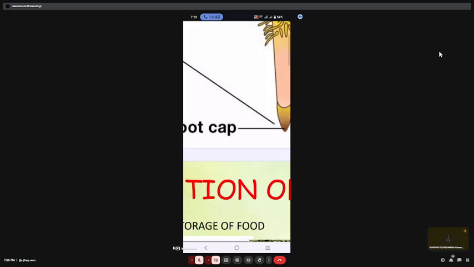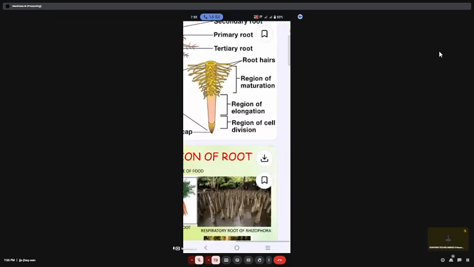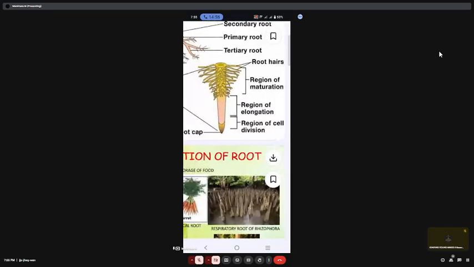The root cap is also known as calyptra. Make a note of it. For the root cap, the other name is calyptra. So this is what we have about the root cap zone. Any doubt? So in a root region,